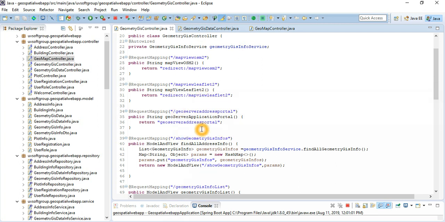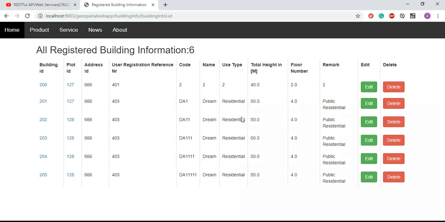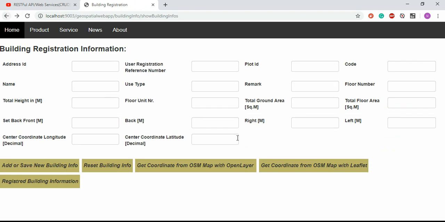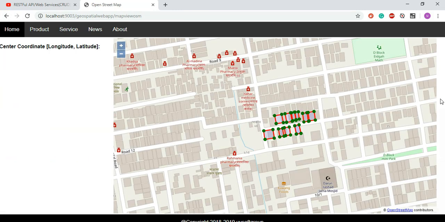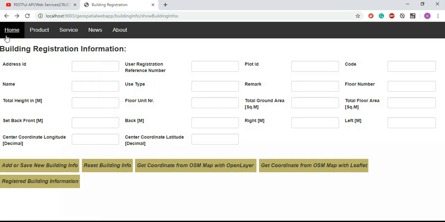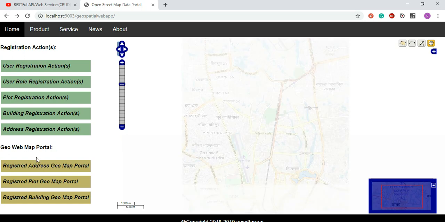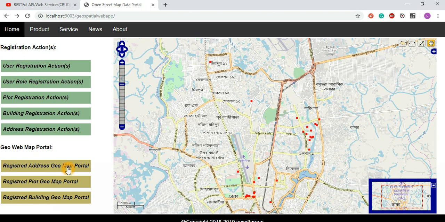I will show you what the GeoServer application looks like. When you are in OpenStreetMap, and this is the recorder part. No, these are different GeoServer applications. Here, if you look at all the registered users, the plot user,